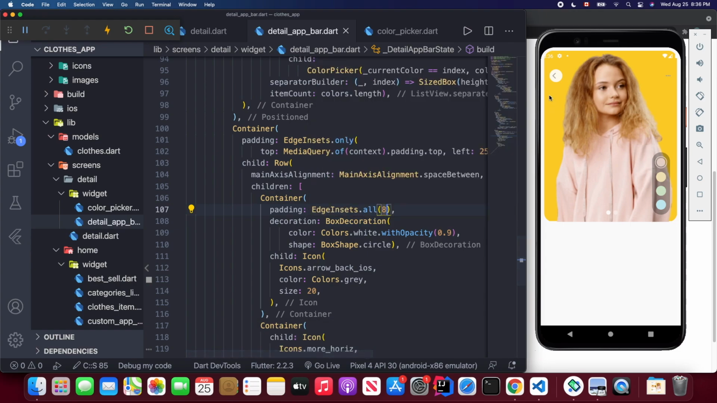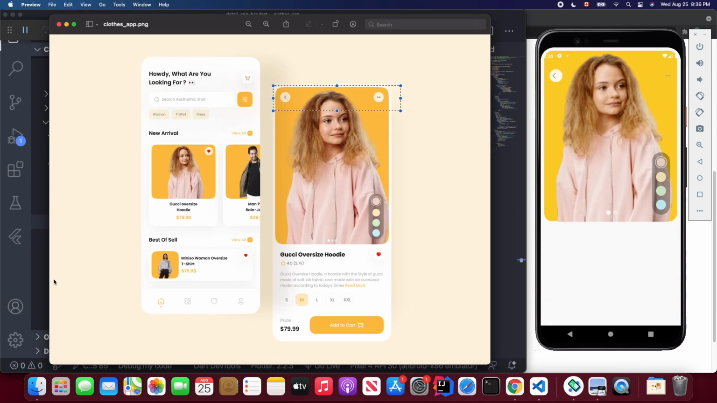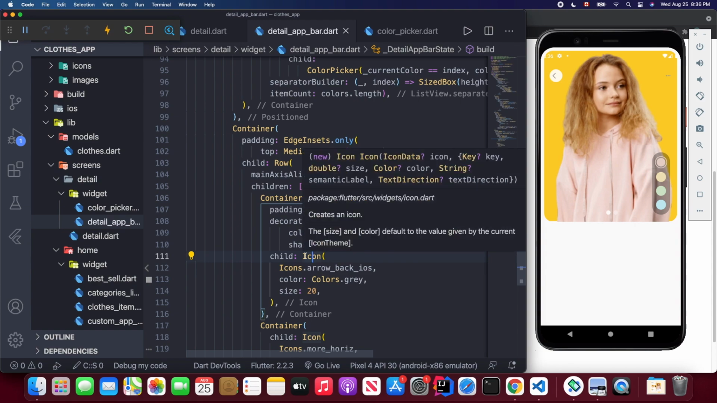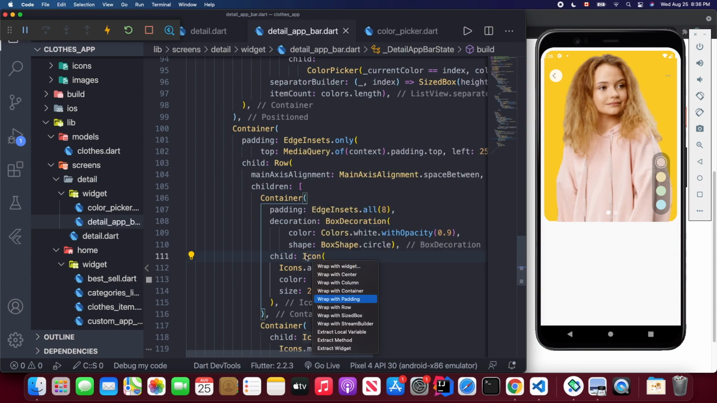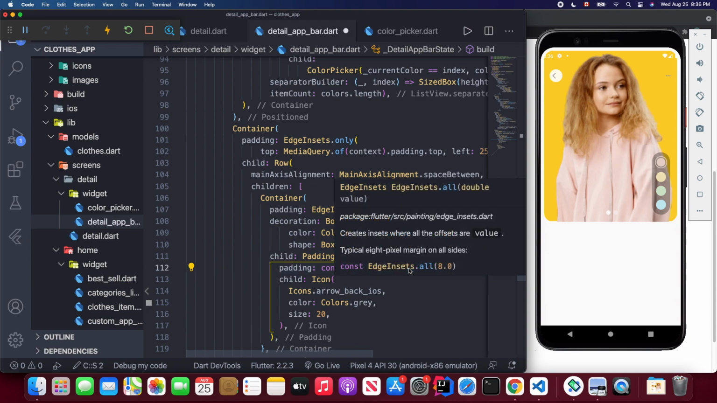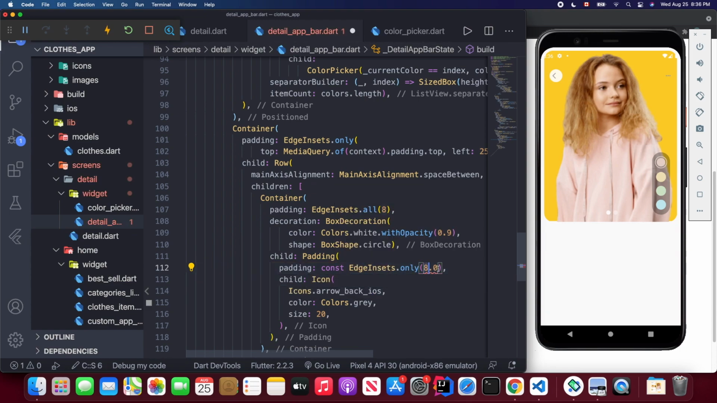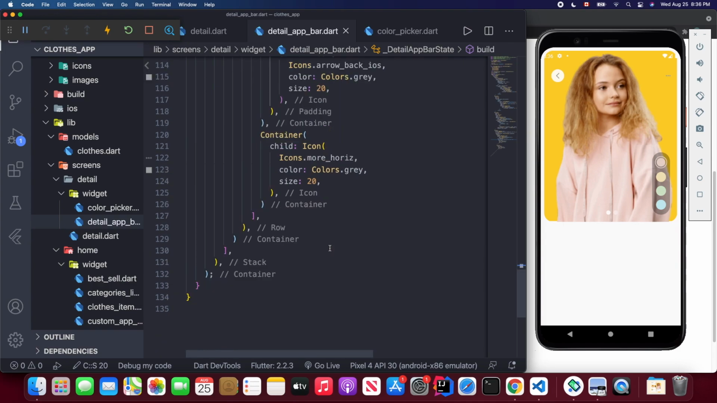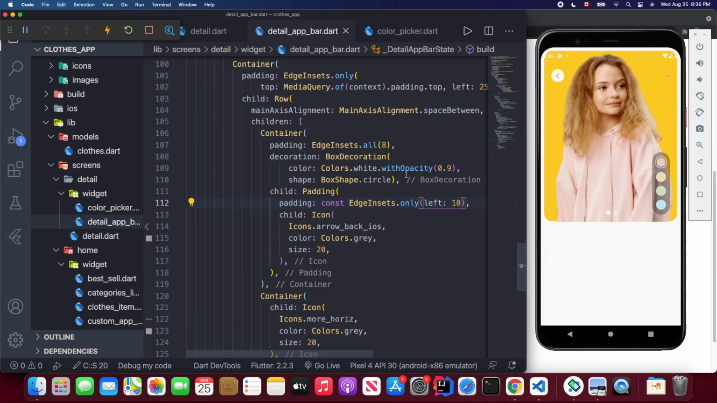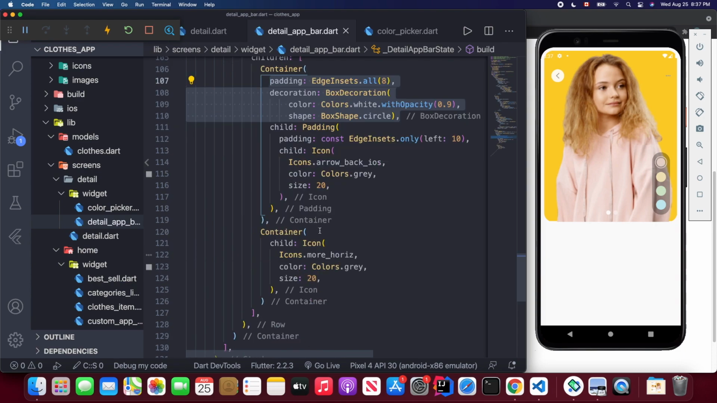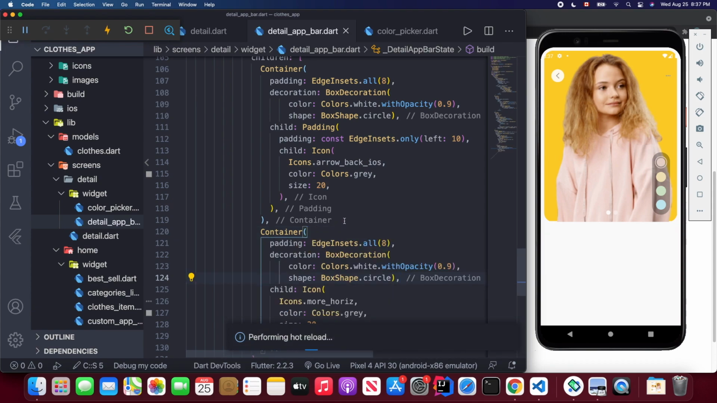And also I would like to move this arrow a little bit to the right. So I'm going to wrap this icon with our Padding widget, and I just use the only, and I set left to just 10. Let's save. Okay, now it's much better. And also we do the same for the second one. So we can just copy this BoxDecoration and also the padding and paste it here, and we save. Okay, now it's